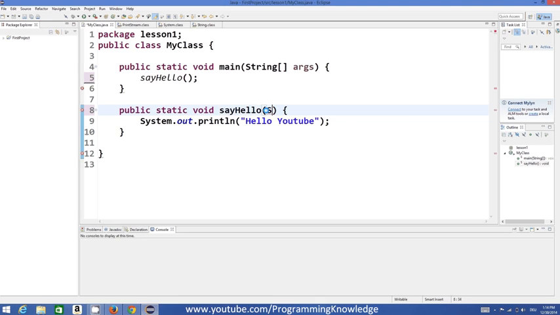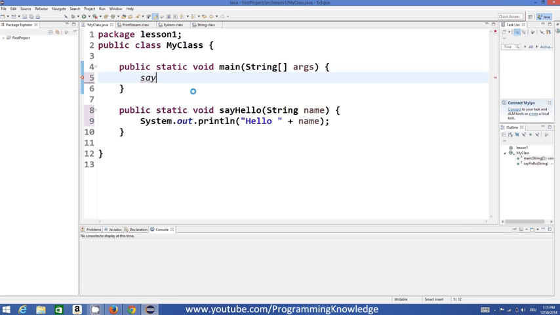We give the data type first, and then we give the variable name which we want to pass. So we can say name. Okay. This kind of declaration inside the round brackets of the function is called parameter passing. And this parameter name, which is a string, you can use inside your function. So if you want to say hello to whatever name is passed to the function, it will print that name. So whenever we call this function,